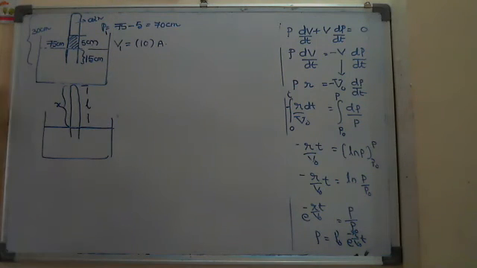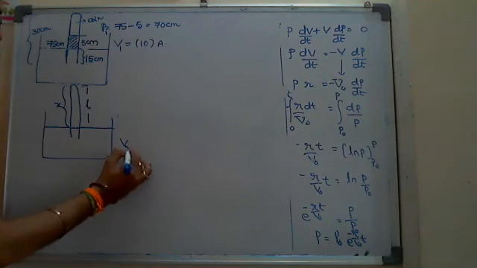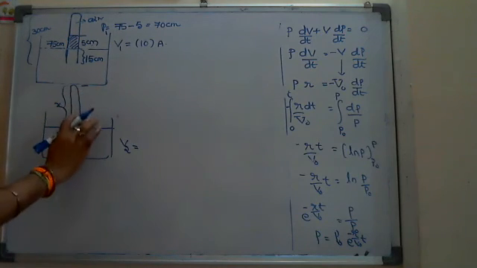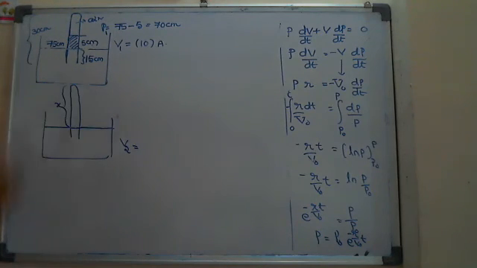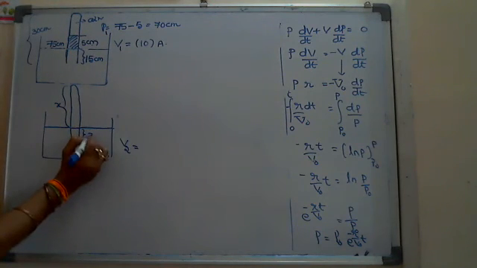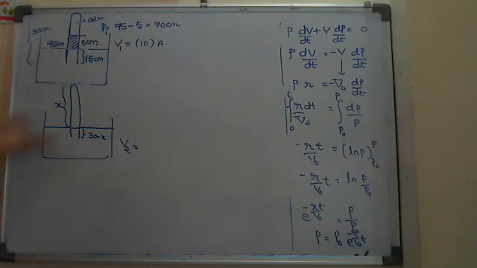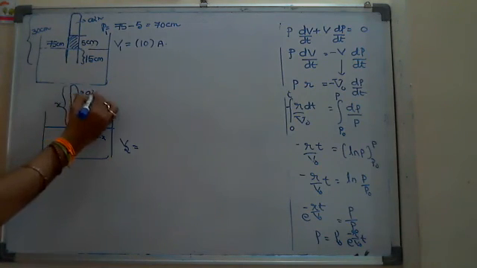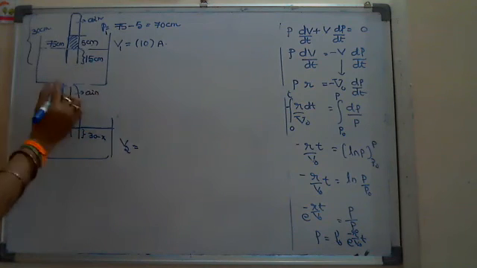If it is x, the volume V2 is equal to, taking the length as x, simply what I am saying, after lifting the tube up. The remaining part here is very simple, 30 minus x. Even though they ask what will be the length of the tube present inside the liquid, you can answer both the questions.